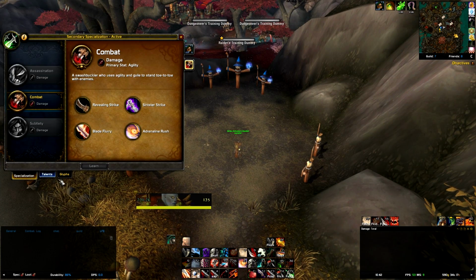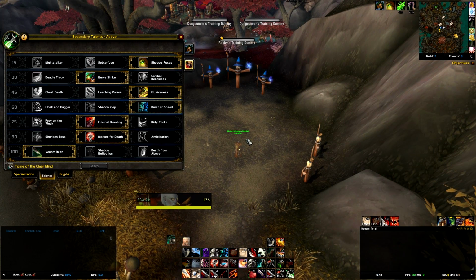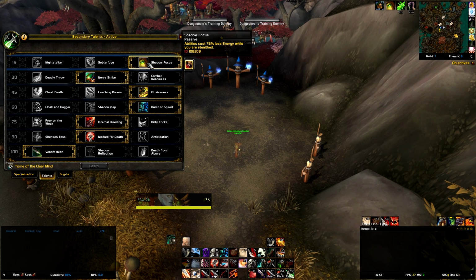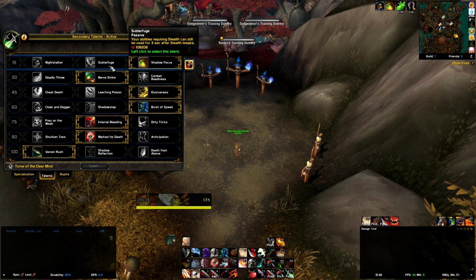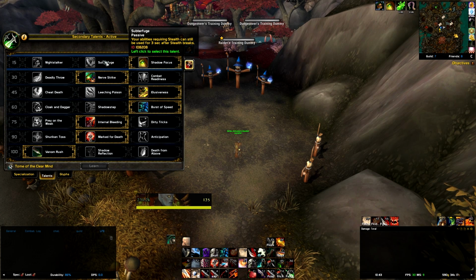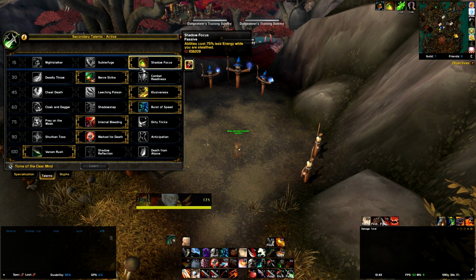So let's talk about the talents first. These are the talents I'm using. Shadow focus is what I think is the best. Some guys might say subterfuge is the best, but if you go into subterfuge, ambush costs a lot. It only costs 15 energy now, and it's like 60 or something when you use subterfuge. So you can't really get a lot of ambushes off when you're in subterfuge. That's why I like shadow focus for quick vanish ambush